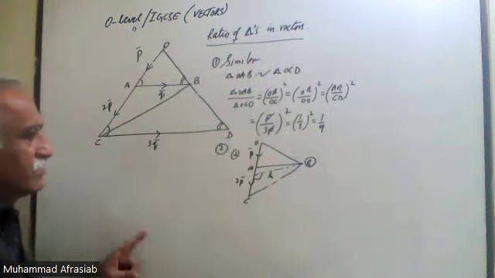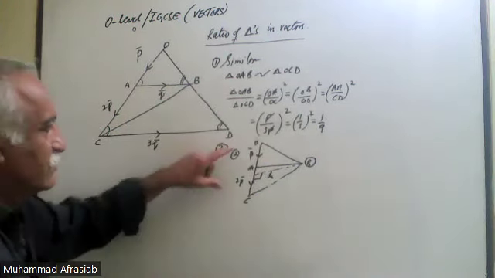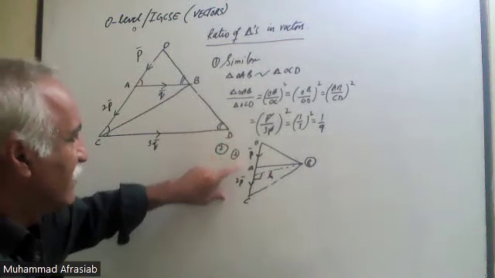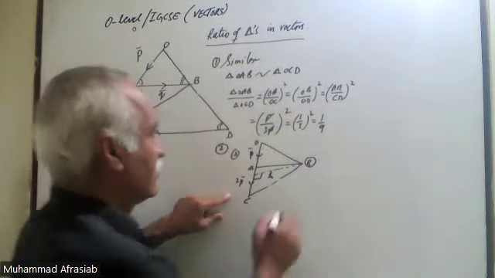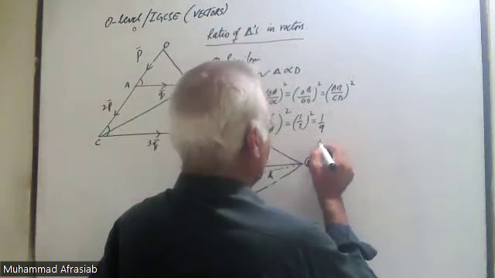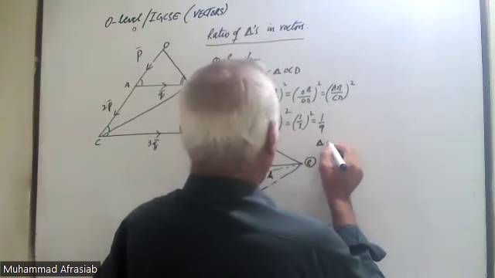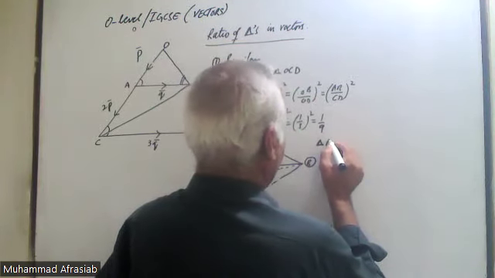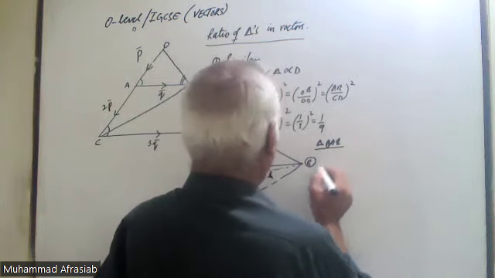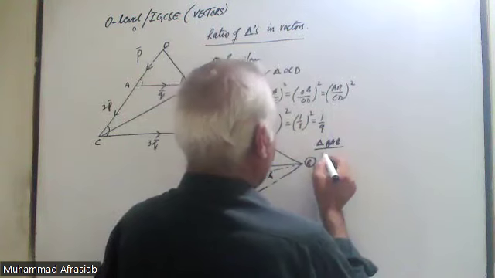So when it has a common vertex with the sides OAC on the same line, then the ratio between these two triangles OAB over triangle